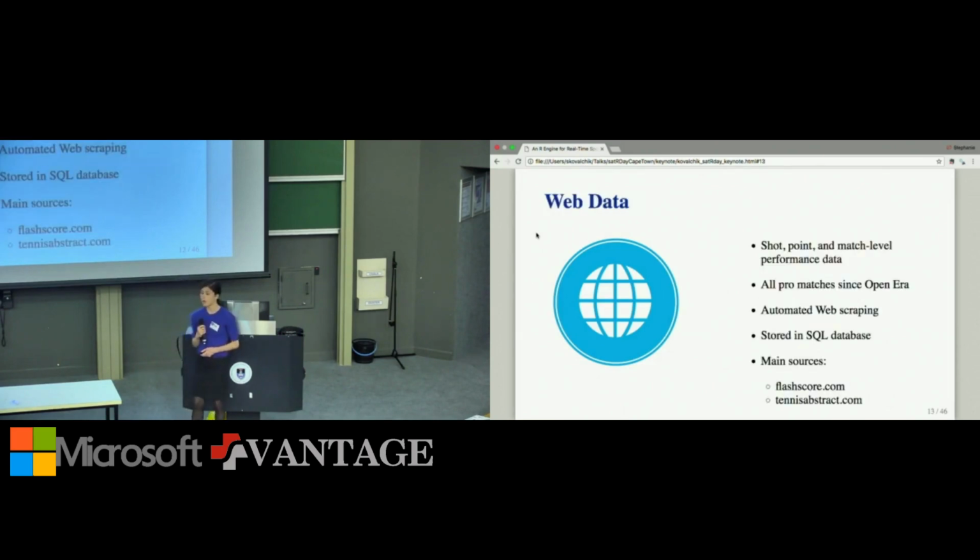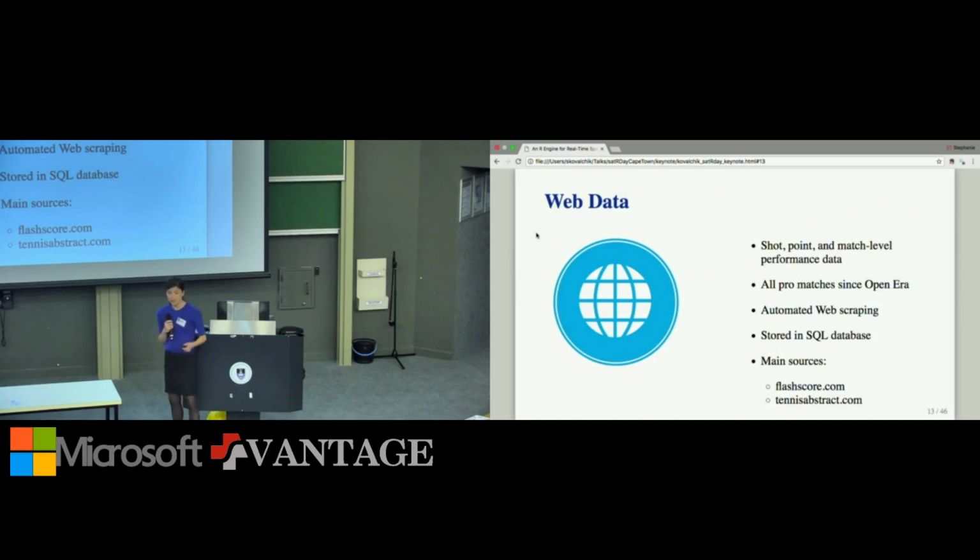Our web data is essentially a collection of all sorts of data that we're able to collect from the web. So anything that's out there related to match results or the outcomes of individual matches at a more rich level. We've developed software to scrape the data on a continuous basis and build up a historical database that we can use for doing a number of research studies, but also deriving new metrics that could feed into other parts of our work and our event operations, which I'll talk about in a few slides.